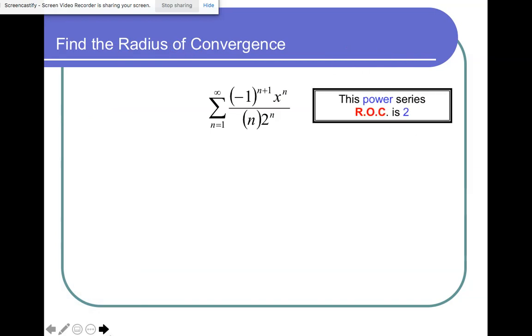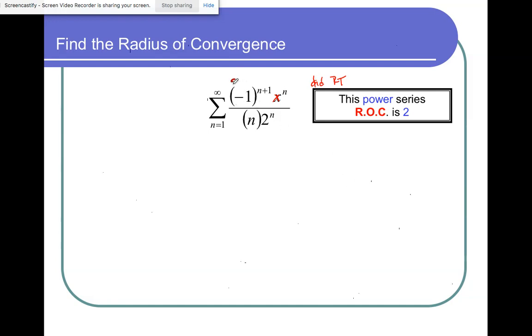Again, I'm not going to do the ratio test work. We did that before. I'm just giving you the answer. This power series radius of convergence is 2. So I did the ratio test with the power series, right? I put my n plus 1s all over the place, multiplied by the reciprocal with just my n's, canceled with my x's, and by osmosis my x went to the outside,